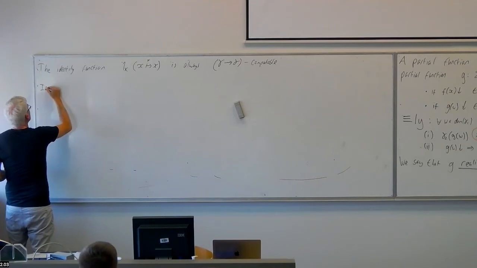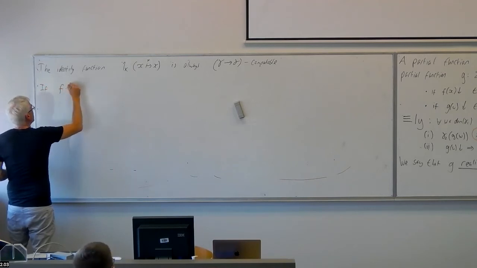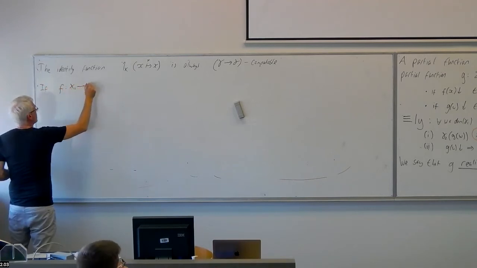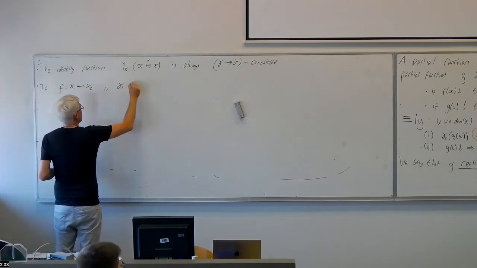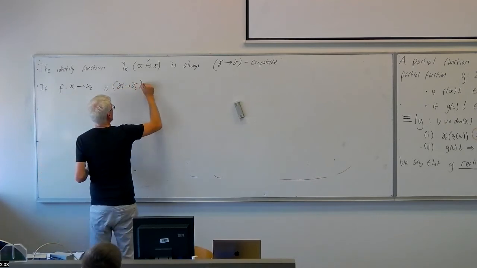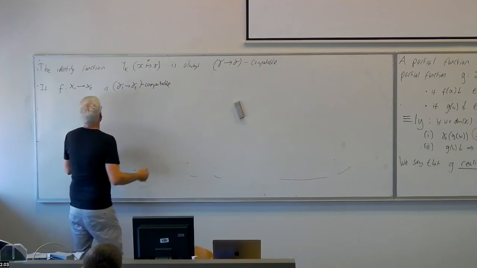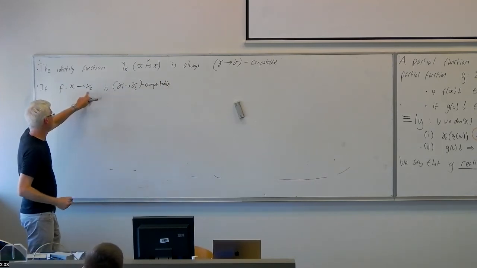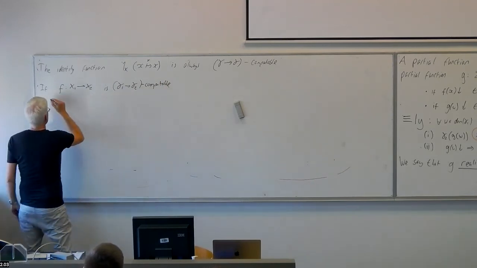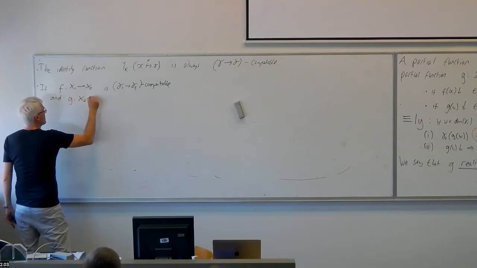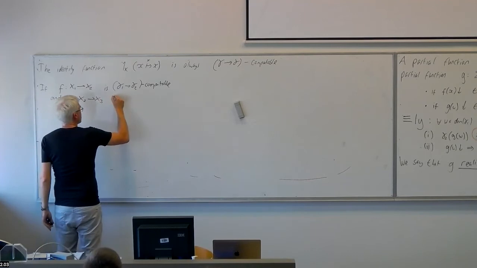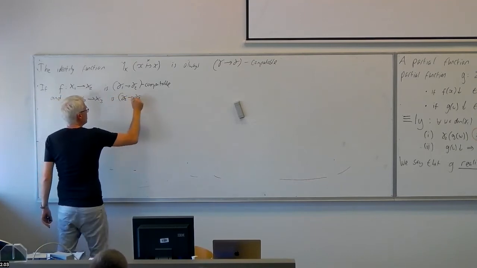So if f, a partial function from x1 to x2, is gamma1 to gamma2 computable, where gamma1 is our representation of the set x1 and gamma2 is our representation of the set x2, and g from x2 to x3 is gamma2 to gamma3 computable,